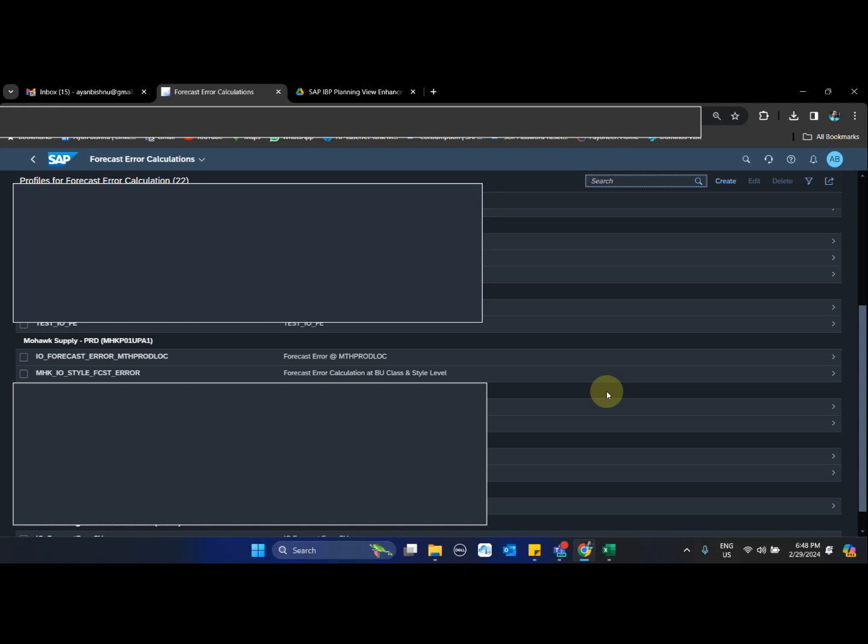In part 1, we have covered the mandatory or important master data that are required for IO to run successfully. Also, we have covered the basic input key figures like IO sales and forecast, which are required as a part of the input. And we have also talked about the primary output, that is the recommended safety stock, or the recommended safety stock in days, that is generated as an output of the inventory optimization.